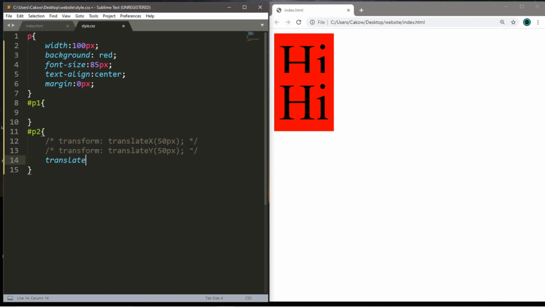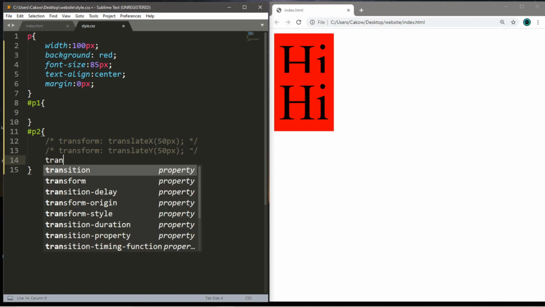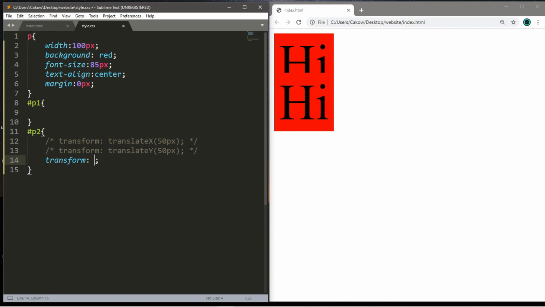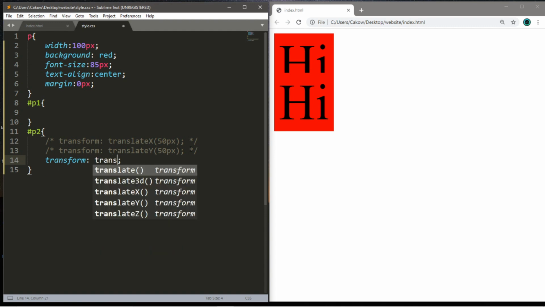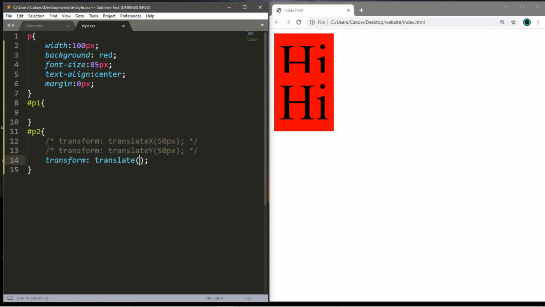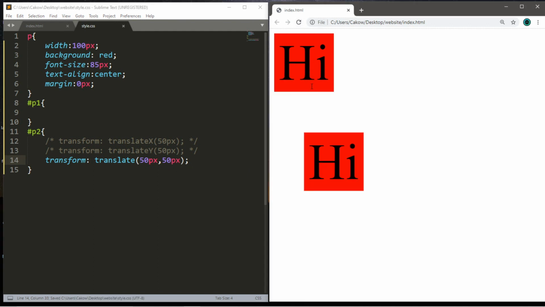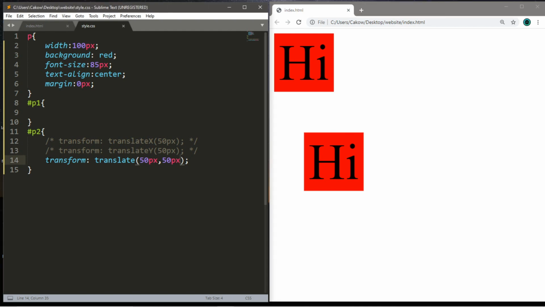So then you can kind of combine the two. But let me put the word transform here first. Transform. So it's just translate. So you're going to put two fields within here. Let's say we want this to move on the x-axis 50 pixels and on the y-axis 50 pixels. So this will take two values, x and y. Let's save this, reload. So this moved down and to the right by 50 pixels depending on the values we placed here. All right, let's move on. So that's all about using the translate property then.